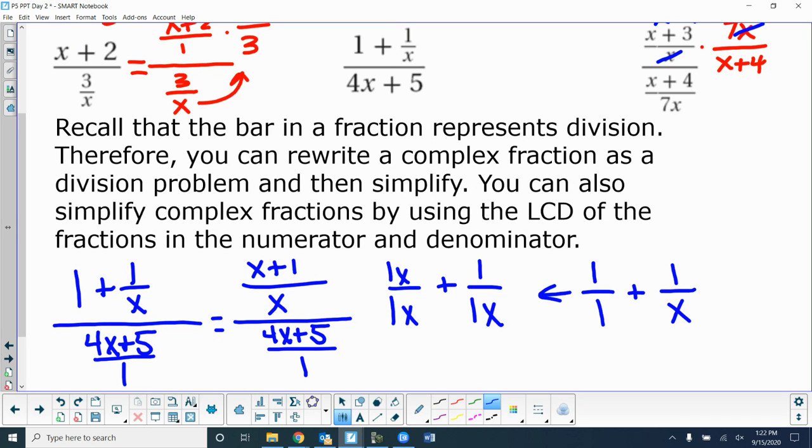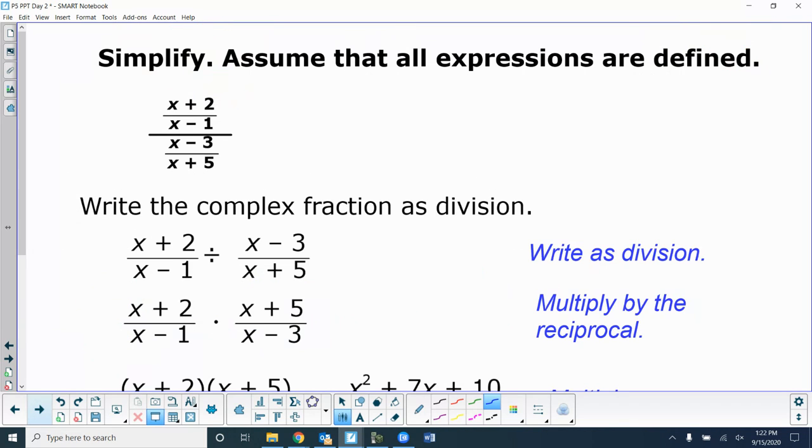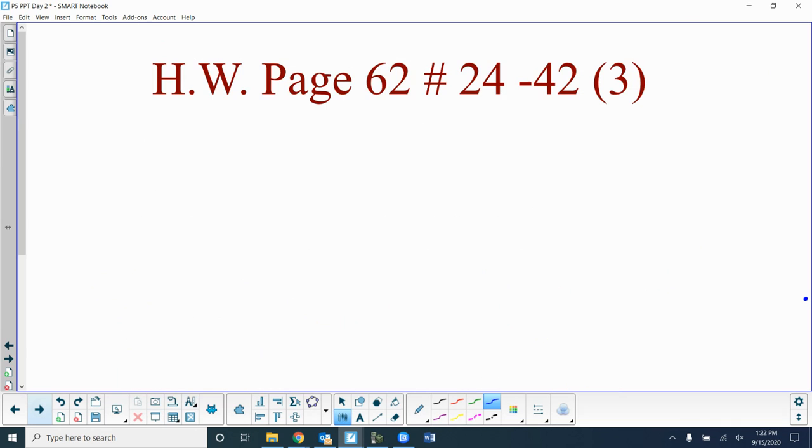Okay? So they're called complex fractions, but they're really not that complex. They look kind of scary, but they're not. All right, so what have I told you about homework and its relationship to practice quiz and quiz? Harder, right? So you're going to see a couple tough ones for homework. As long as you understand the procedure, you'll be fine. So just try them all. Show your work. Don't find the answers somewhere else and write them down. There's another one that's already done for you. All right? Again, as long as you're trying them and showing me that you're trying, doing your own work,